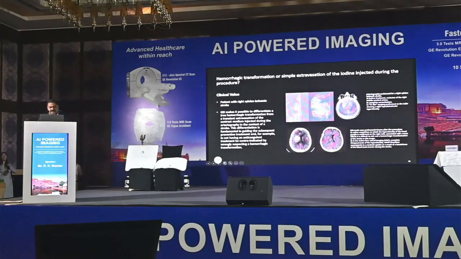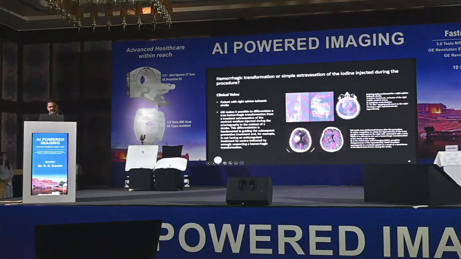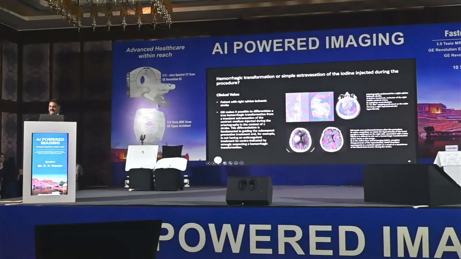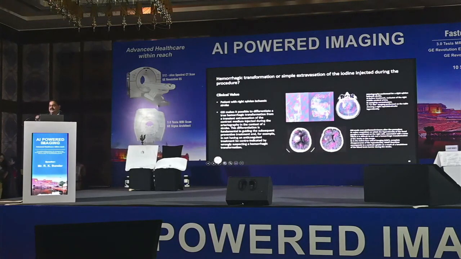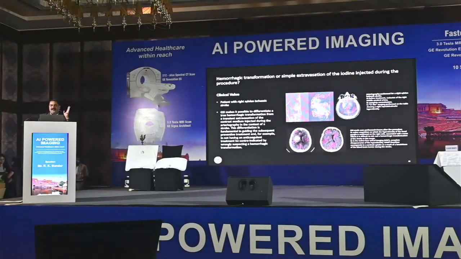We did a spectral CT and suppressed the iodine, suppressed the contrast. You can see on this image, there is no iodine there, right? That means it is not a bleed, it is the leak of contrast, which was present as hypodensity in a normal CT image. Now you see the difference between a normal CT and a spectral CT, how it adds value